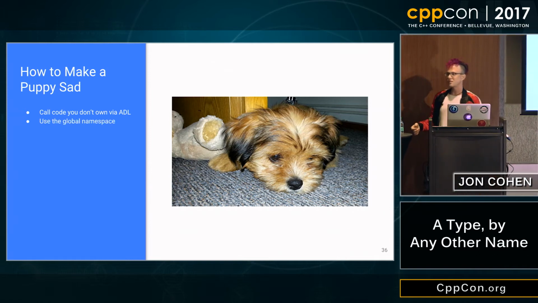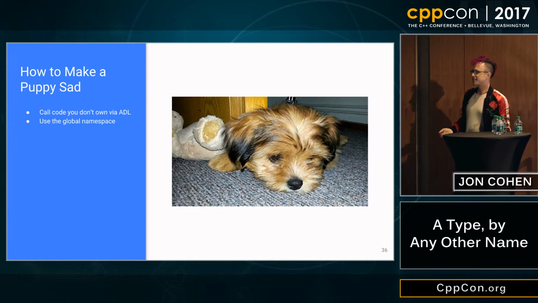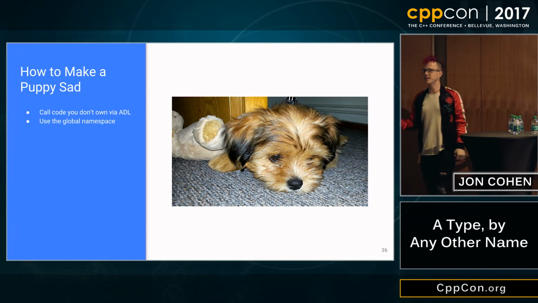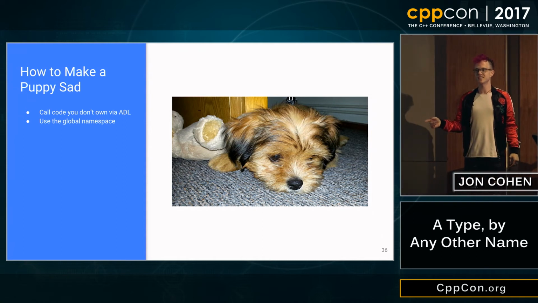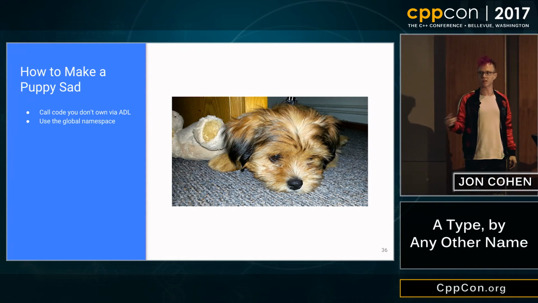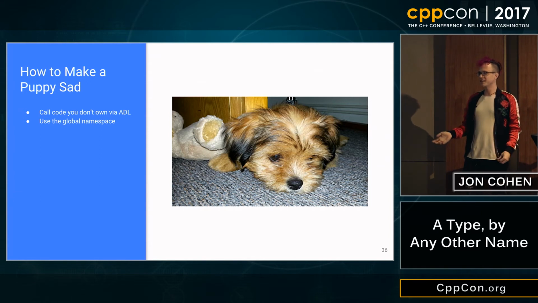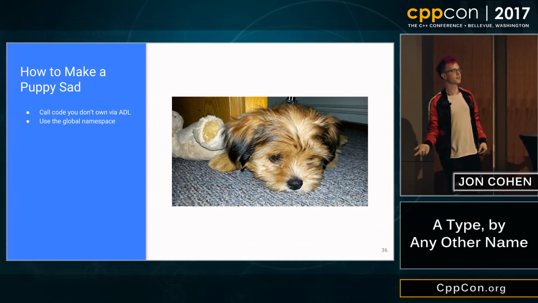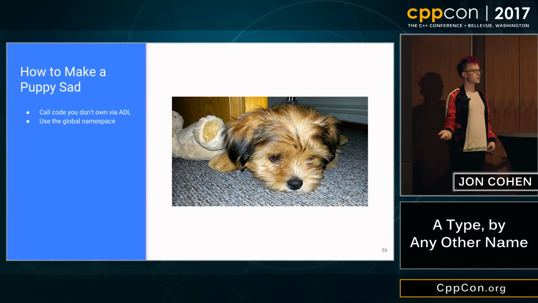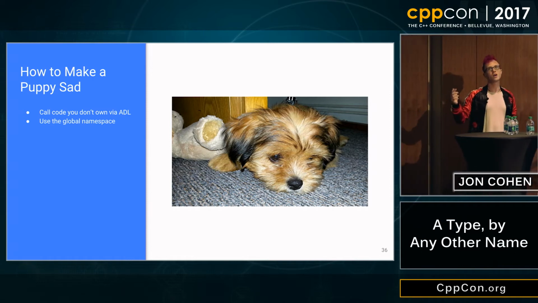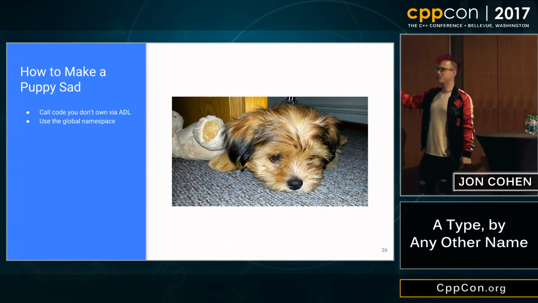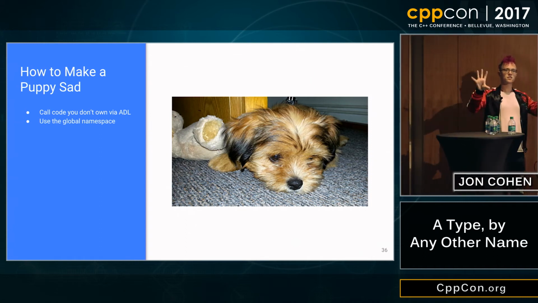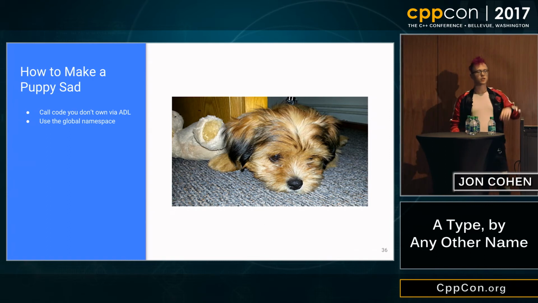Also, just if you use the global namespace, you're going to make the puppy sad. You're basically forcing every call to maybe use ADL, because who here likes to write ::size_t? Does anybody actually fully qualify anything in the global namespace? Yeah, who goes ::strcmp? No one writes that, even if you're writing strcmp. So you have the opportunity to unwittingly trigger ADL if that type moves underneath your feet. The whole idea, again, is separating the concerns of user code and library maintainer code.